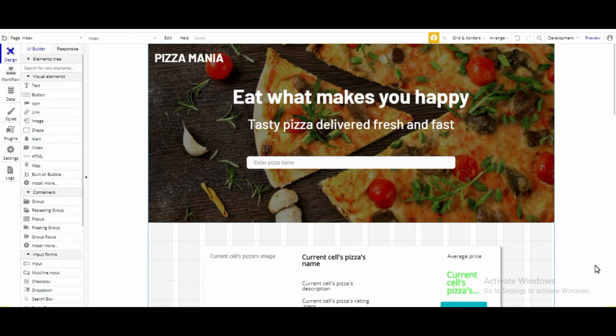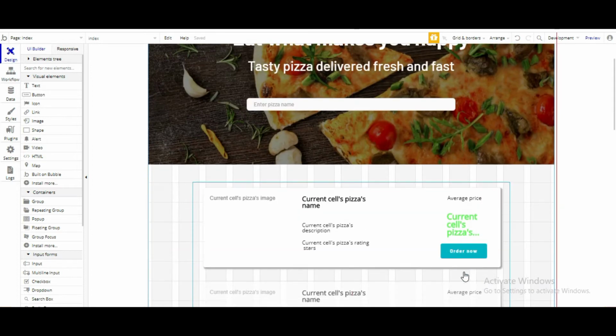So till now you have seen how we built the design at our front end, made a database and linked both of them. Also we added some functionalities. Now we'll learn when a user clicks on this order now button here, then what to show and how do we function whatever we show.